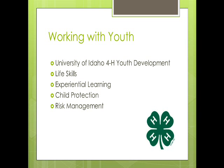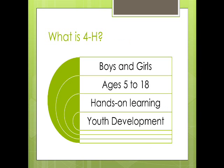The University of Idaho 4-H Youth Development is the part of extension that works with youth. So what is 4-H? 4-H is for both boys and girls, ages 5 to 18. The little guys, the 5 to 7-year-olds, are clover buds, and so obviously their expectations are a little bit different